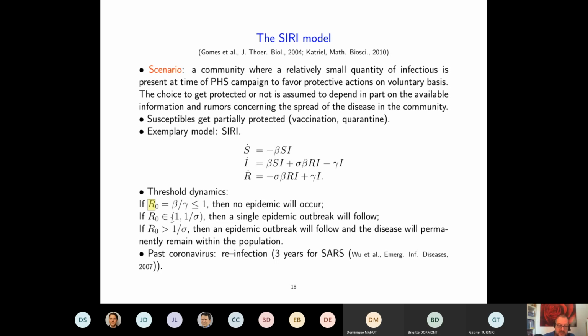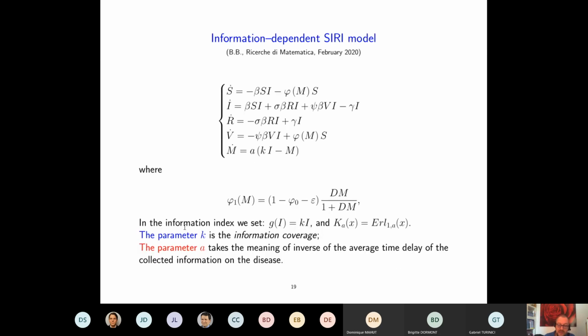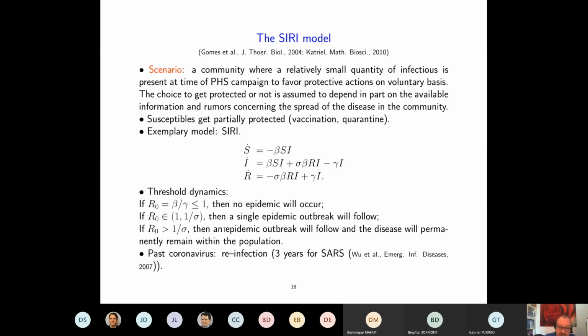If the basic reproduction number assumes a value in this interval, then we will observe a single epidemic outbreak. The infectious will increase, reach a maximum, and then the disease will be eliminated by the community. If the basic reproduction number is greater than this threshold value here, then the epidemic outbreak will follow, and the disease will permanently remain within the population because we will reach an endemic state. These three possibilities were three of the possibilities that we were talking about at the beginning of February